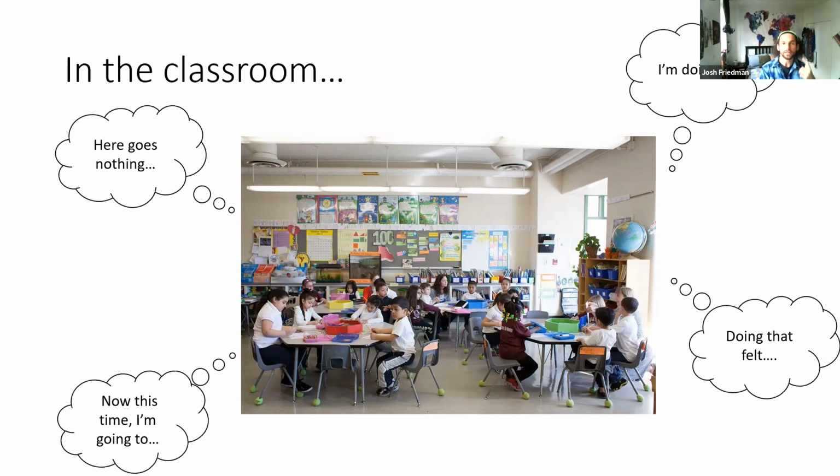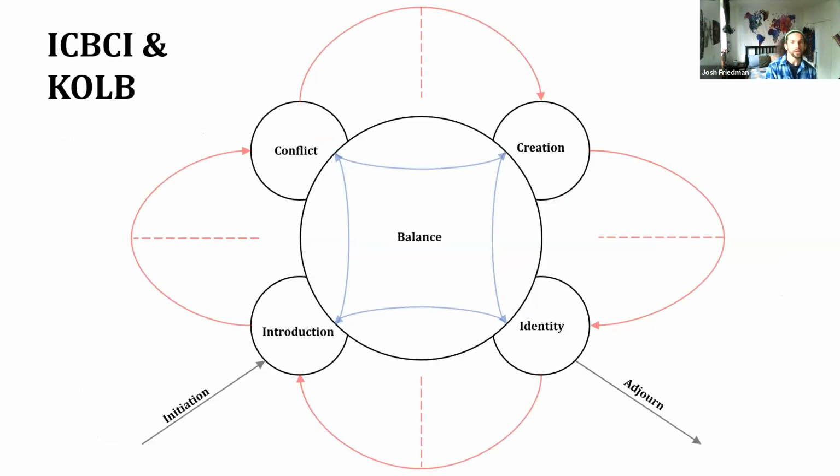What's going on in our minds, how our brains work, right? How does this operate in the model we've discussed so far? Well, we try something when we introduce ourselves to a situation, to a task, to a challenge or conflict. When we're engaging with that conflict, we're doing things. We're moving from okay, we solved the problem that we couldn't get started because we hadn't identified our goals. We hadn't said, okay, this is what we actually want to do, or this is what we're actually disagreeing on, and get through that conflict, right?